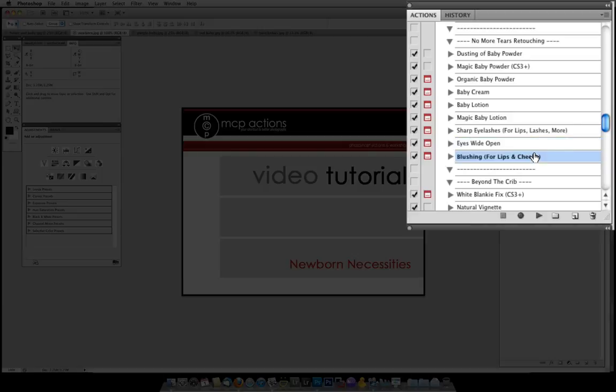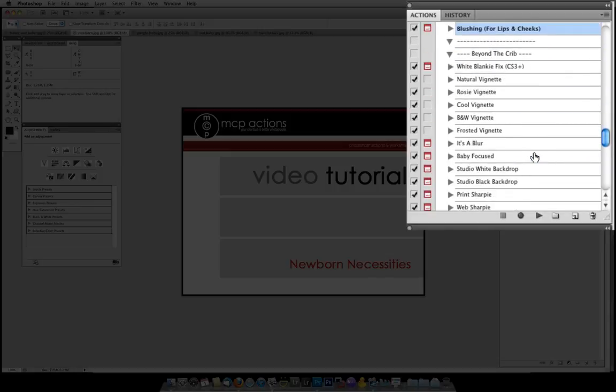Blushing: if you ever get a washed out tone after using the actions and you want to add just a little pink to the lips or cheeks, this is the right action. The next and last section is Beyond the Crib, and this has actions for everything that isn't related to